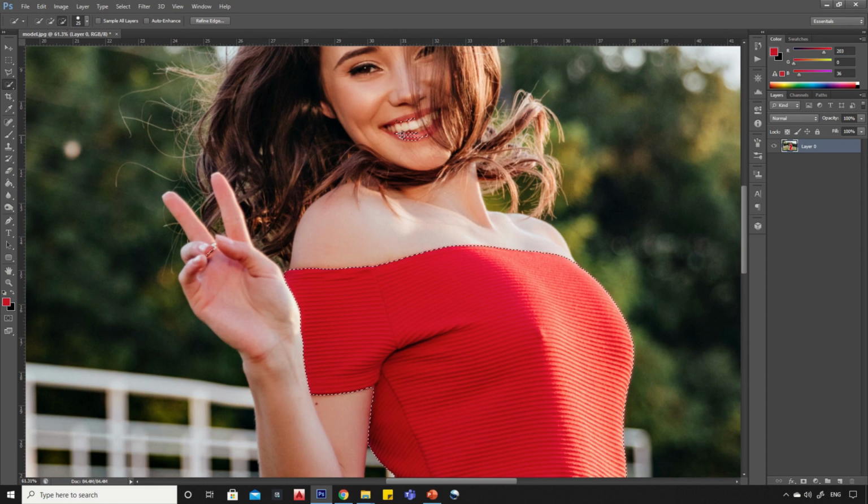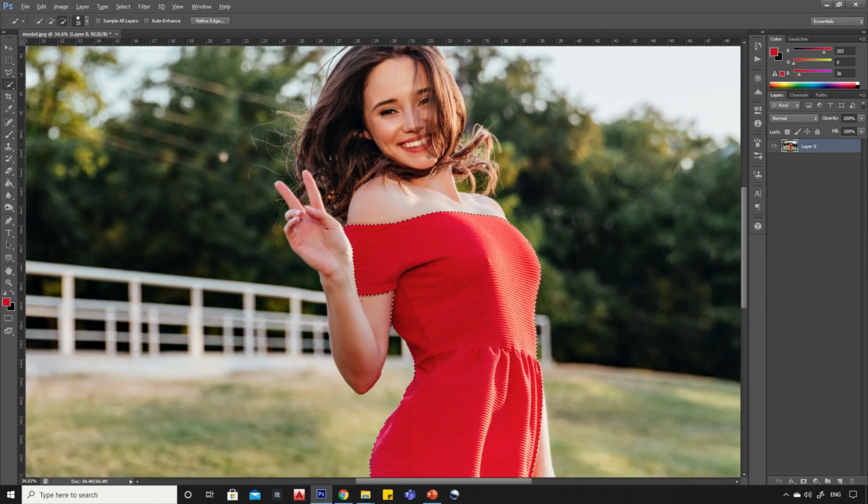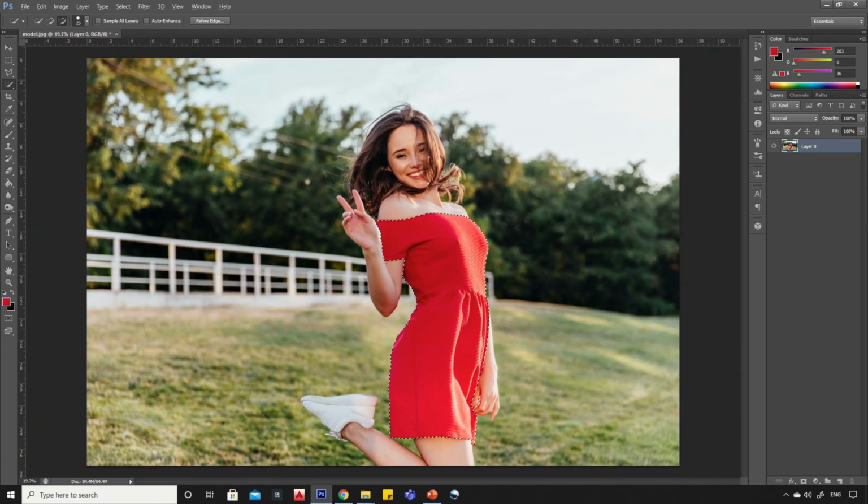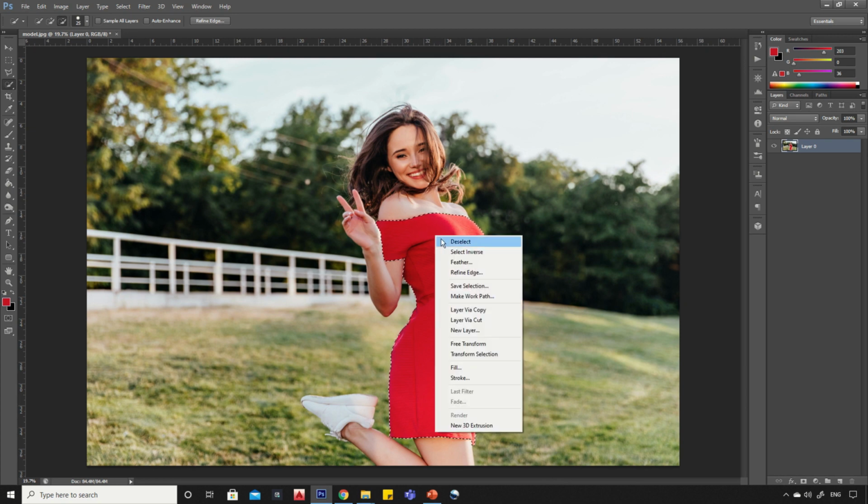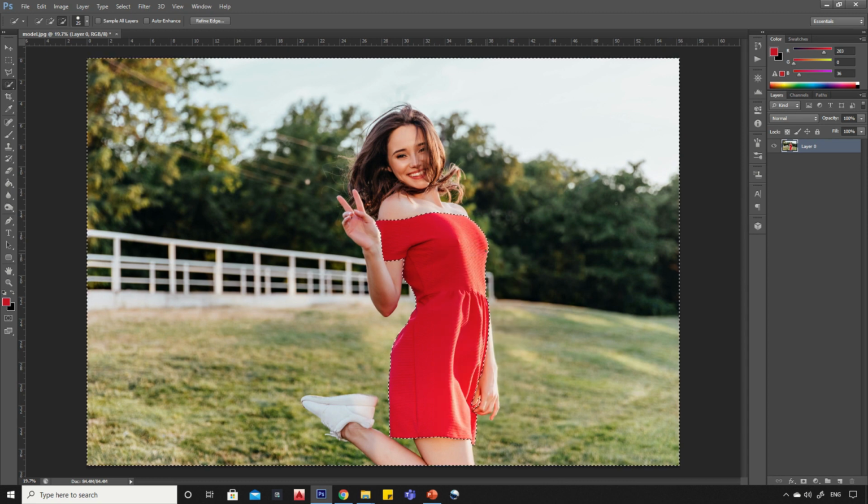Deselect all the extra parts. Now, right-click and click on Select Inverse option.